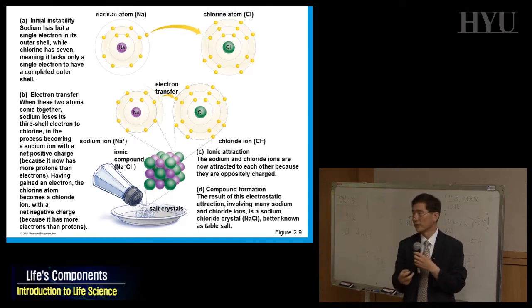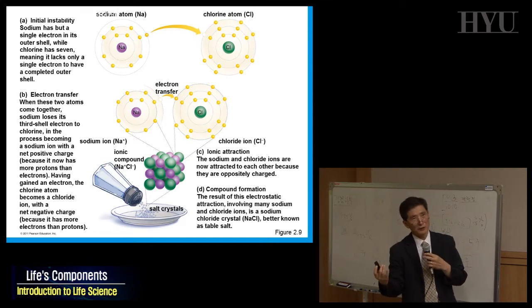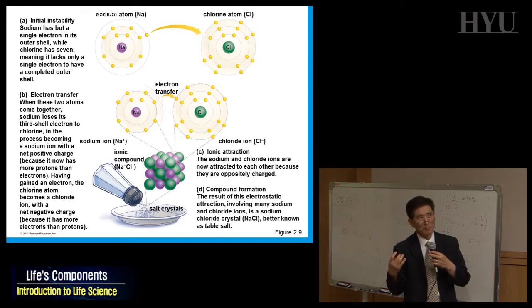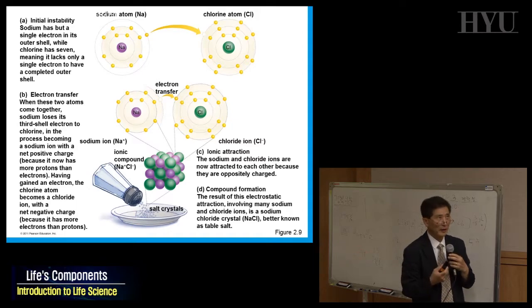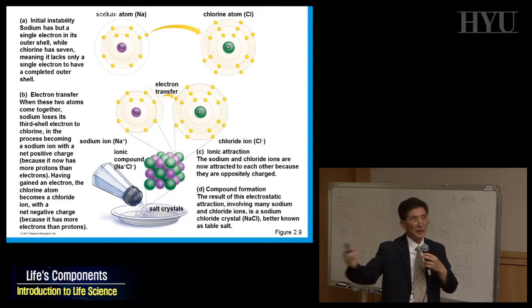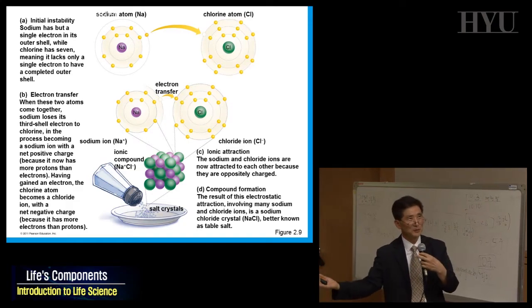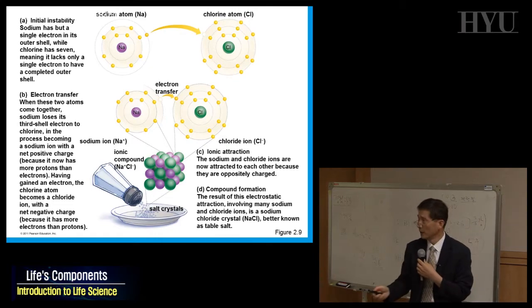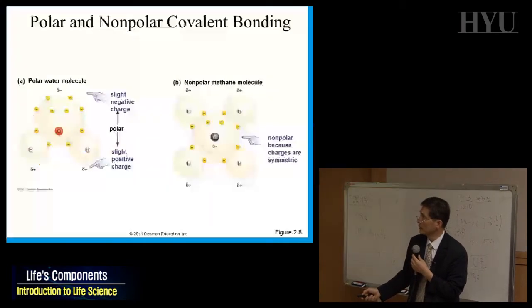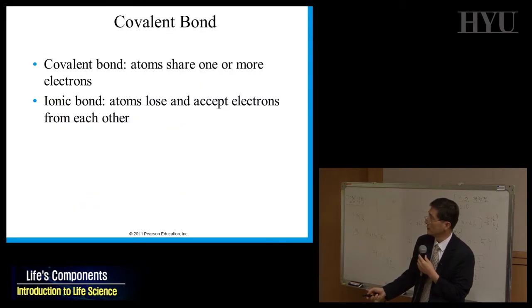So you have boyfriend and girlfriend. They like each other, but the bond is not that strong. If you dissolve this salt into water, what happens? They become separated, Na plus and Cl minus. They are available. So this is the ionic bond. A little stronger than ionic bond is